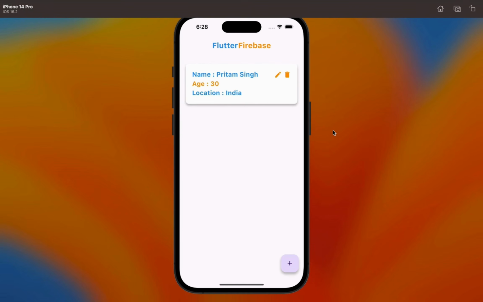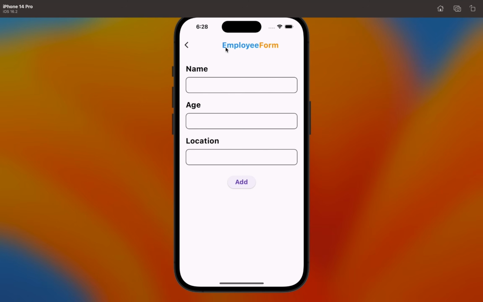So in this app, we'll upload an employee detail to the respective company by using an employee form, and the employee has to enter their name, age and location to the Firestore database, and through the employee collection will show all the employees of the respective company on our home page. So we are going to give a company name Flutter Firebase here, and on the home page you can see the floating action button. Now when I click the floating action button here, it will directly take me